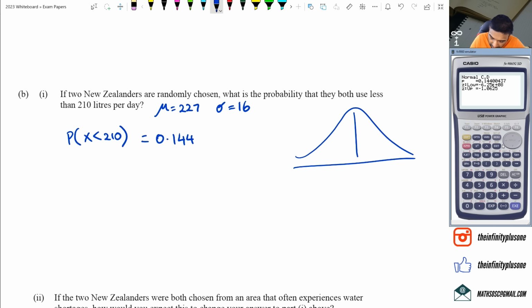The reason I put that number is, if you think about it, here's the bell curve. 227 is here and 210 is somewhere there, and we are looking for less than 210. The reason I use negative 999 is that it goes all the way to the end there,